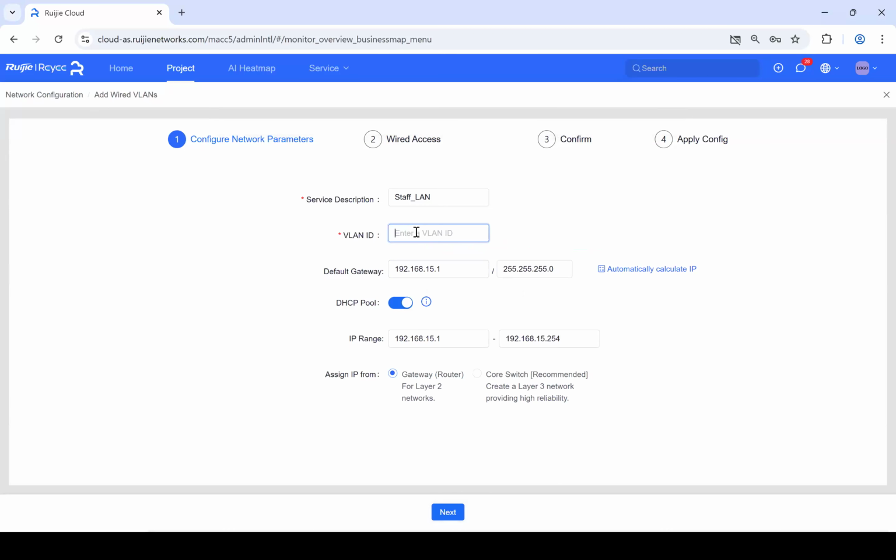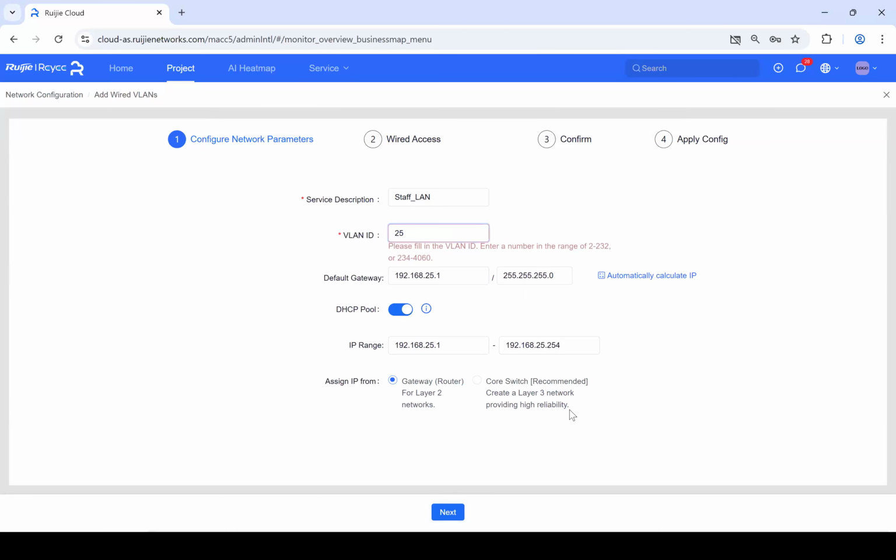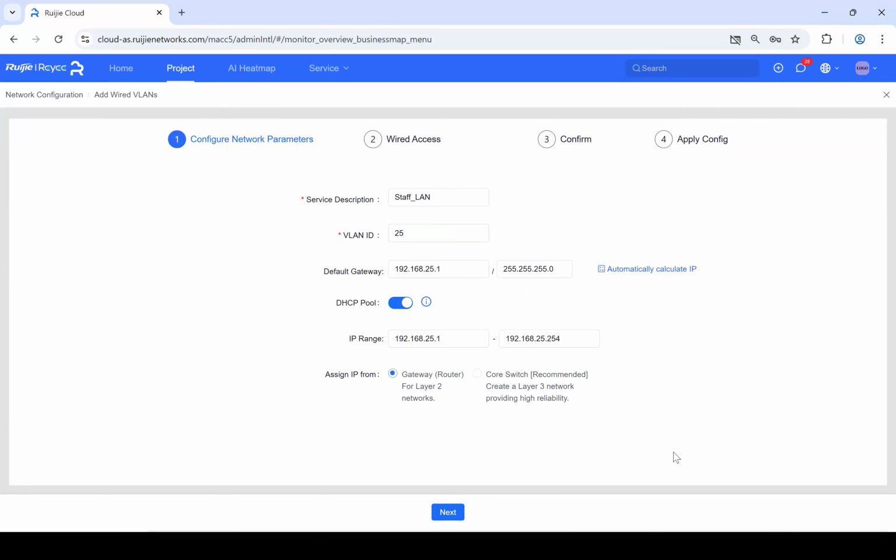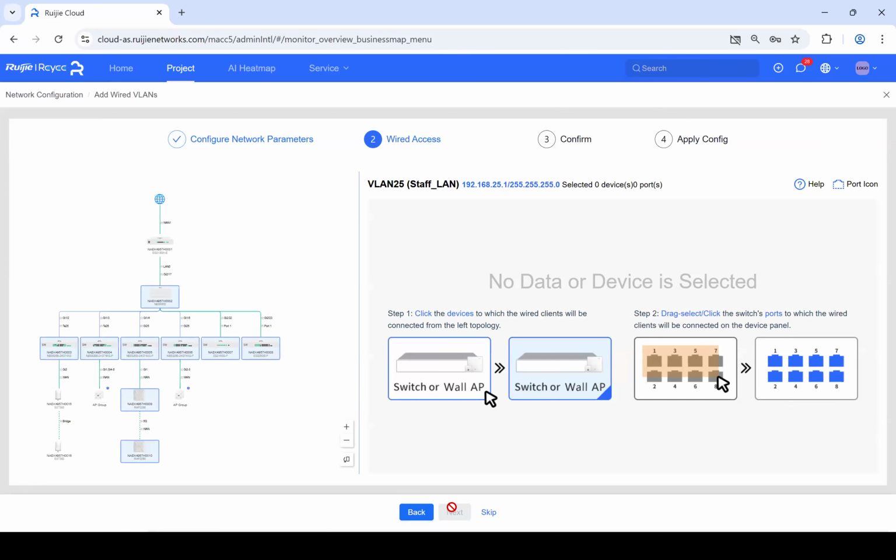Okay, then I'll put 25. We'll see. Okay, so at least it's helping us in this situation. I'm doing something wrong, and it's correcting me before I do something wrong. It's good, right? Okay, so now the extra step I'm showing you here is where you need to select the device